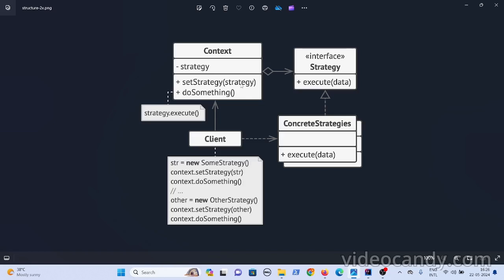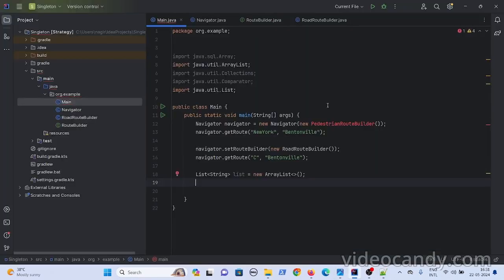Another example in Java is collections. With collections, you have this sorting logic, right? Let's say I have a list of strings, or you can consider a list of integers as well.